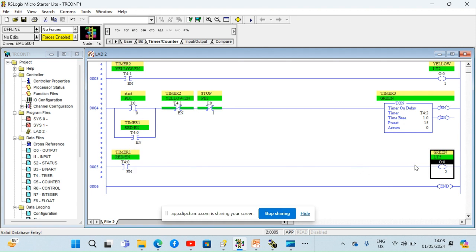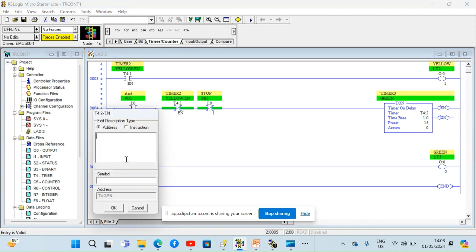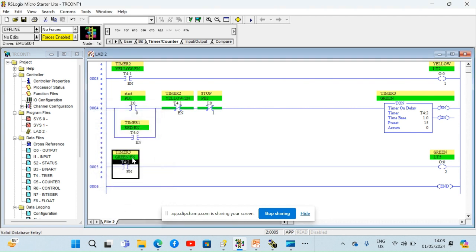Now I want this to enable this. So I'll double click on this and set this one to 2 as well. Double click. Okay. So I'll copy this to this to update it. I'm going to copy this now to this. So what should set this on? It should be the down bits of the yellow. So I'll double click on this